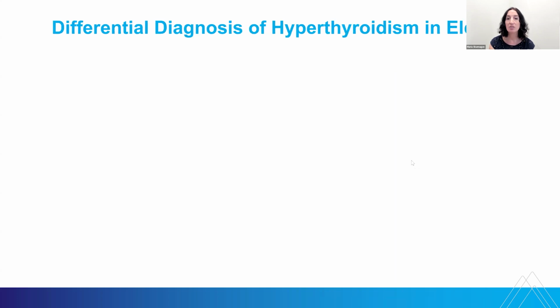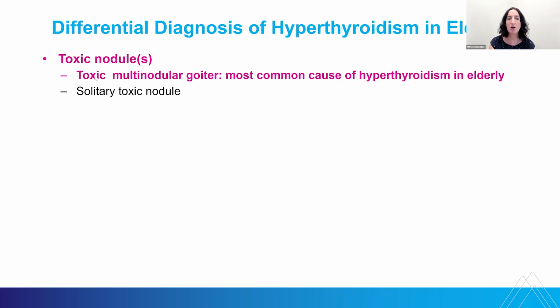The differential diagnosis of hyperthyroidism in the elderly. So the most common cause is a toxic multinodular goiter. And so these individuals usually will present insidiously. It's not like a fulminant hyperthyroid picture, as you can see with Graves' disease, for instance. And so they'll have these autonomous nodules in the thyroid gland that over time may gain more autonomy and make more thyroid hormone, causing their TSH to go down over time. Less common, but can occur, you can see a solitary toxic nodule that produces too much T4, T3 and causes